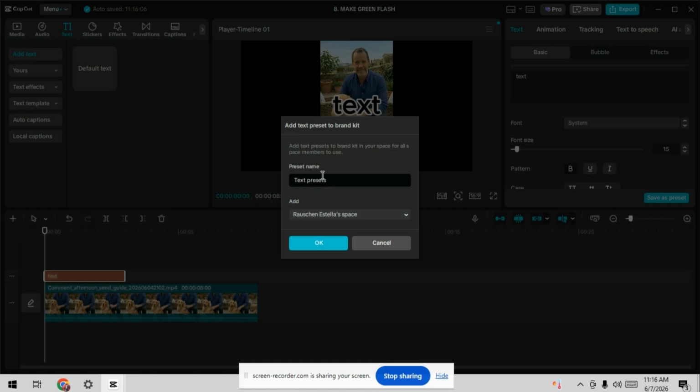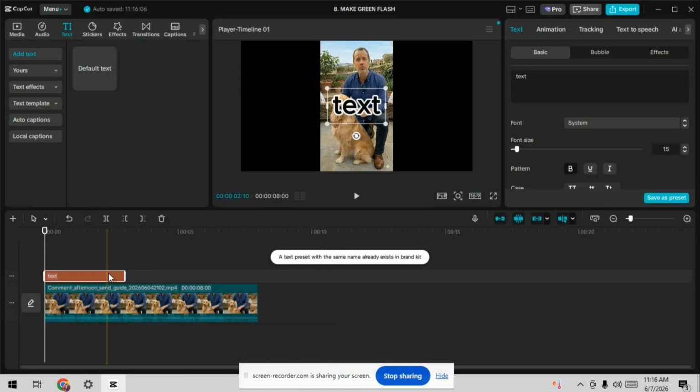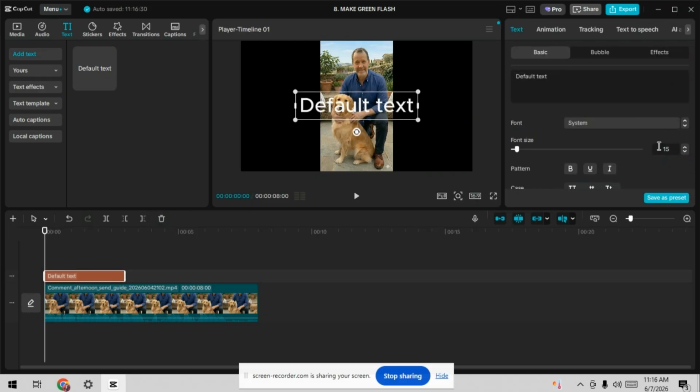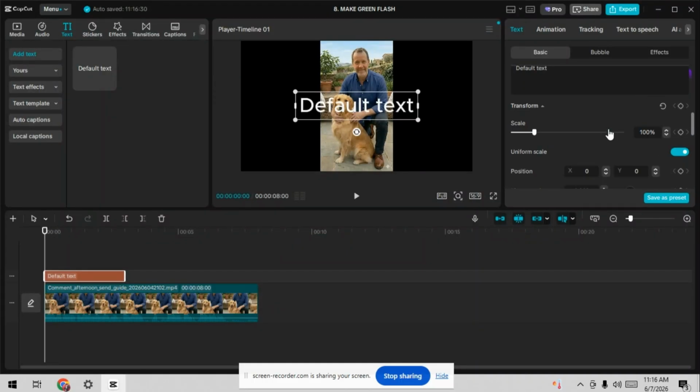Now, exit and add a new text again. Go back to Styles and you will see your saved caption style ready to use instantly. This allows you to apply the same design without repeating the editing process every time, saving you a lot of